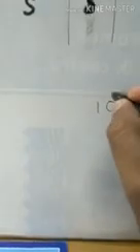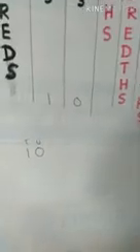For example, if I write 10, this is the unit place and this is the tens place. For the unit place you have 0, and in the tens place you put 1, like this. So this is very easy, you learned it in earlier classes, in class 2 and 3.